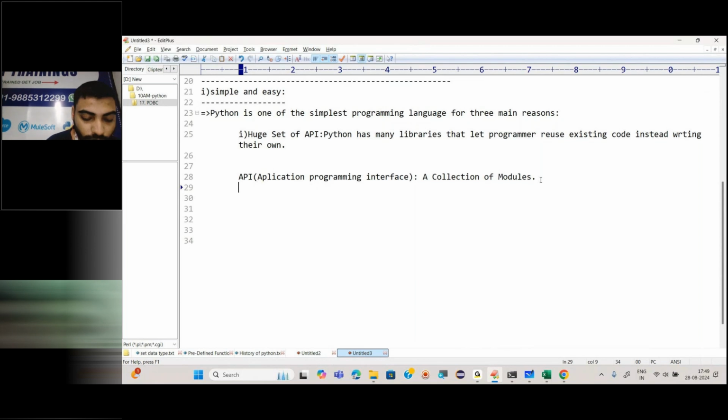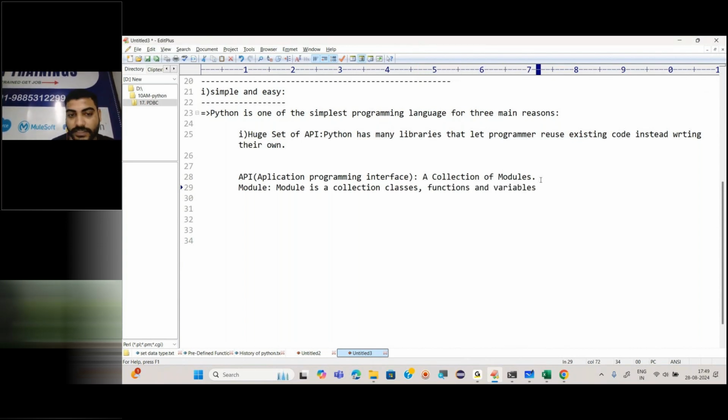Now what is a module? What is a module here? Just now I have told you, a module is a collection of classes, functions and variables.